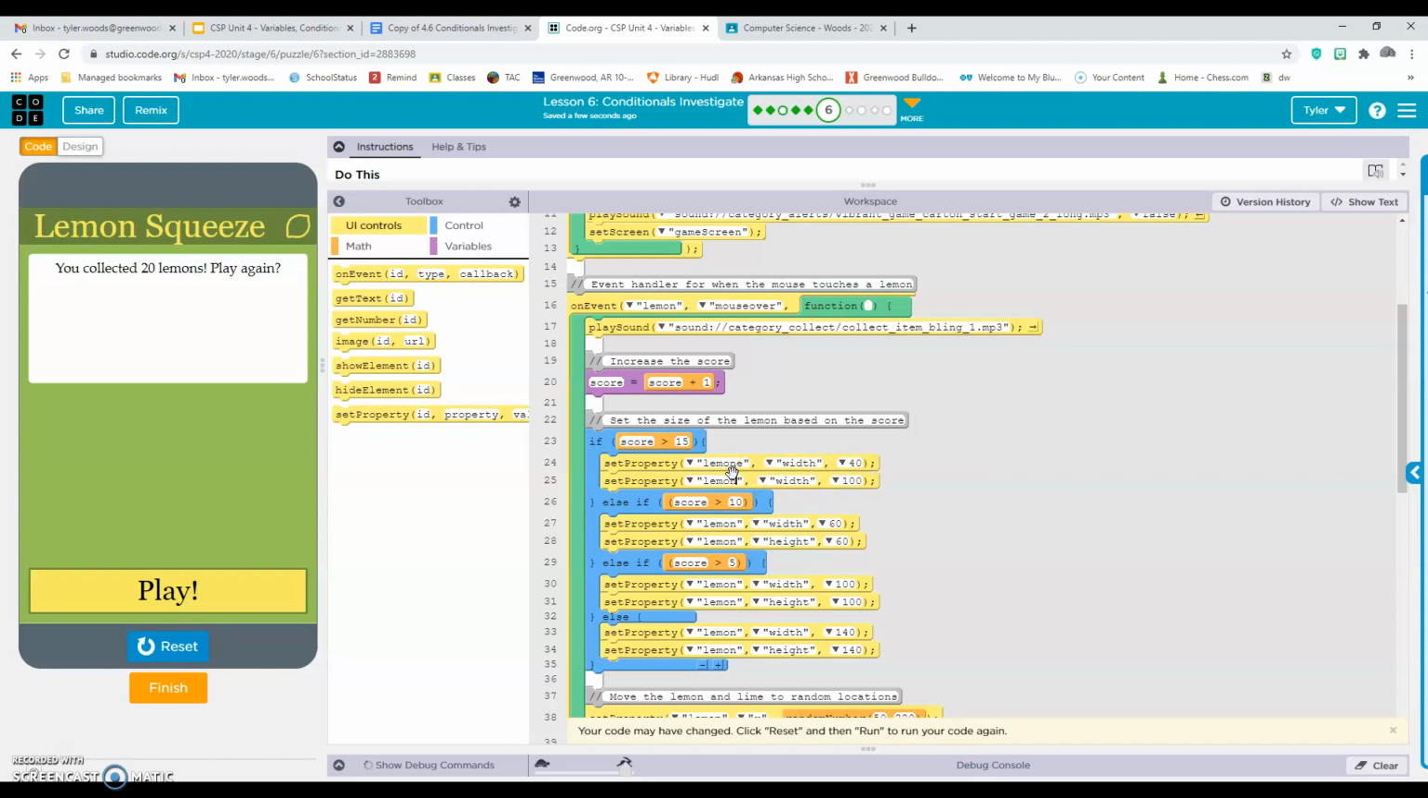If my lemon, one was width, the other one was height, we need to change it to 40. This would be your answer. And you guys could test it by just throwing out a number. So if my score was 11 right now. So if my score is 11,